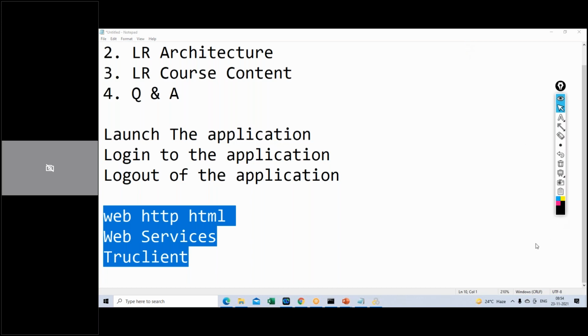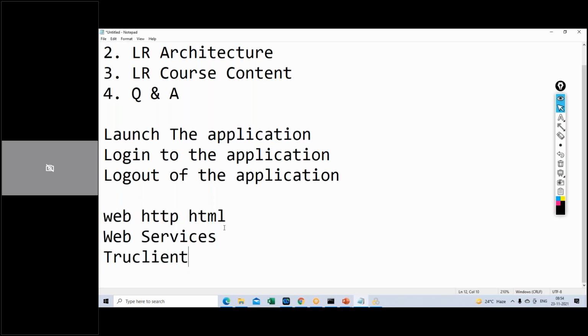Now someone was asking a question: for how many protocols we have to learn for interview. So that's what I'm telling you. This is a very basic one, because everything is web application now. Most of the applications are web applications and run on web protocol, right? So for that, this protocol is very, very important.